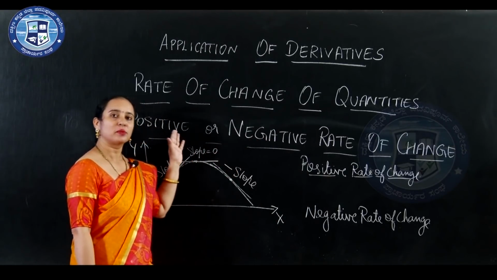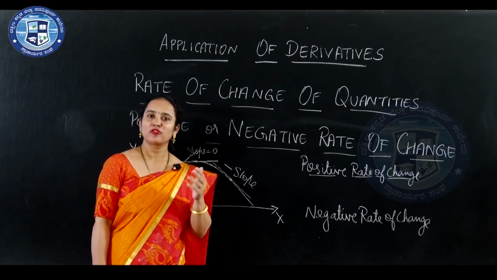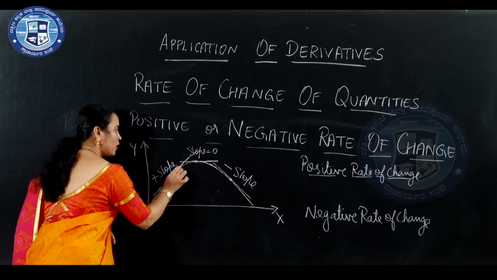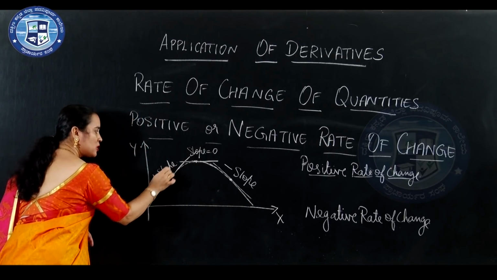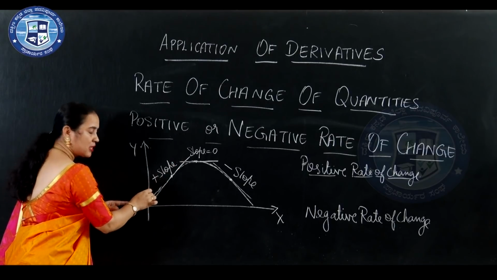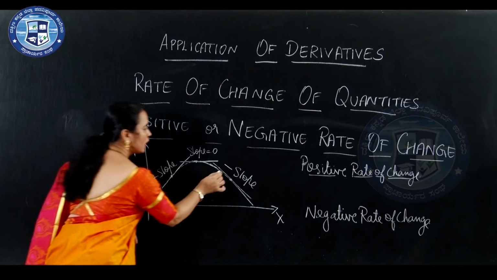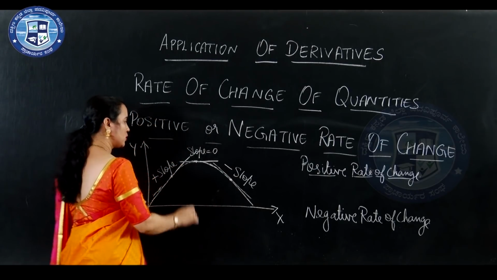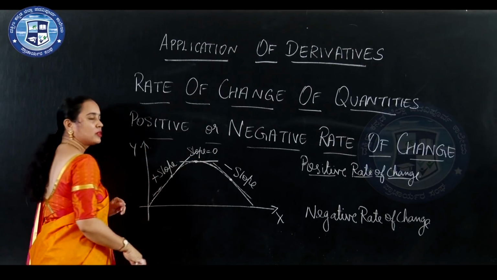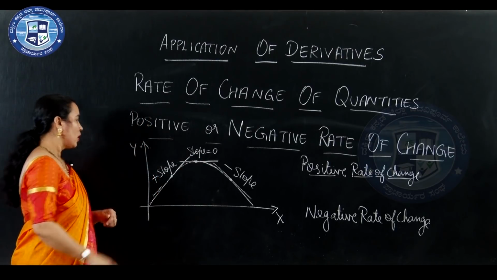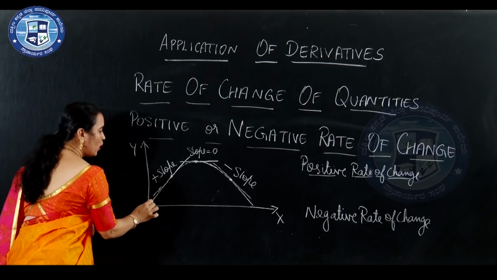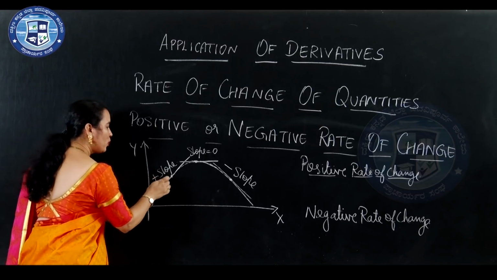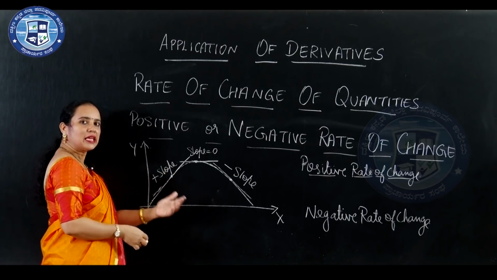Rate of change can be positive or negative. For instance, suppose you are throwing a ball. So, when you throw a ball, here slope is positive. Why? Because there is an acute angle with respect to x. Here slope will be negative because this is an obtuse angle with respect to x, and at this particular point slope will be 0. Now, here if you see, when y increases as x increases, so y value is increased with the increase in x.